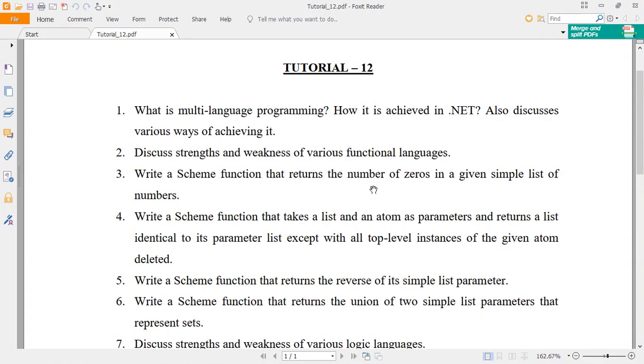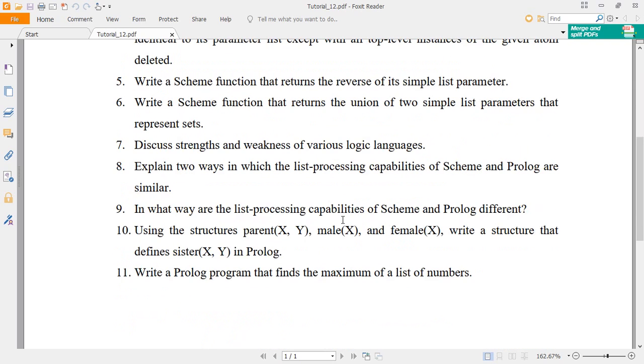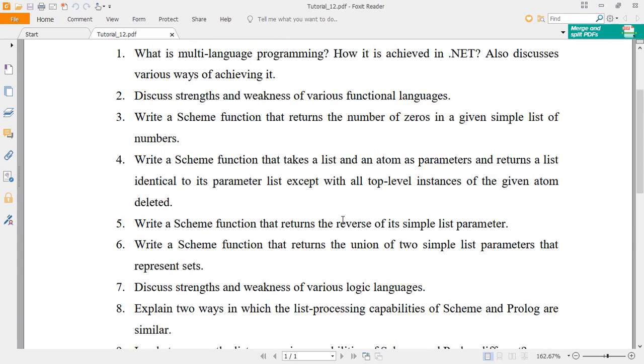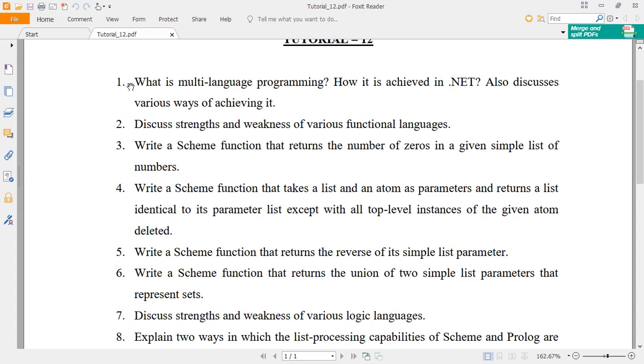Next, we will move on to the rest of the questions. Here, from the second question to the 11th question deals with the questions on the functional and logic programming languages, which are part of our syllabus. Question 1 is part of our syllabus, but not included for the examination. It is for the reading assignment, and the upcoming quizzes may also consider this content. So for that reason, you should read the first question.